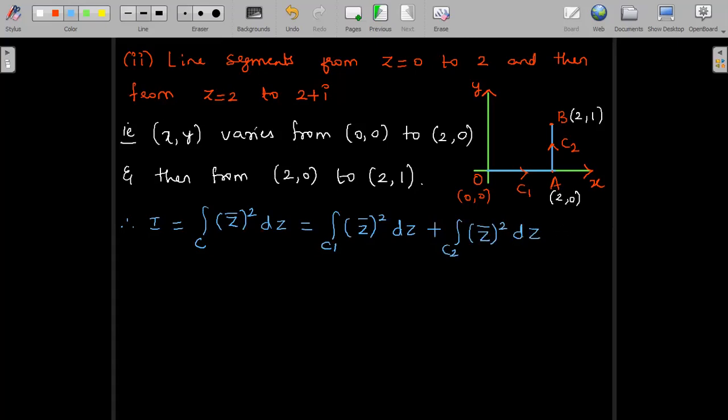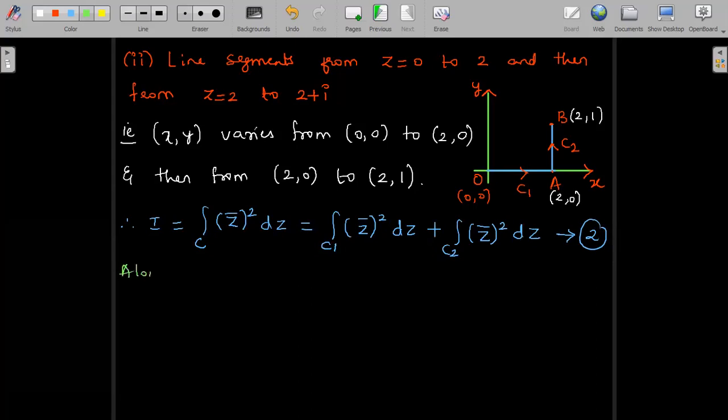We have already seen how to write it in this way in the previous problem, which we took as a square. So we have only two line segments now, C1 and C2. That is why only two segments, and I have called this equation 2. Each one of them we will see what the curves are, and then we will represent the integral and solve it. So first we will see along C1.